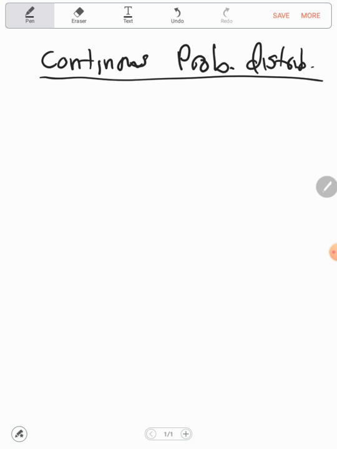Those are examples of discrete probability distributions. But now we're going to be talking about continuous probability distributions. So for a continuous random variable, which we already identified,